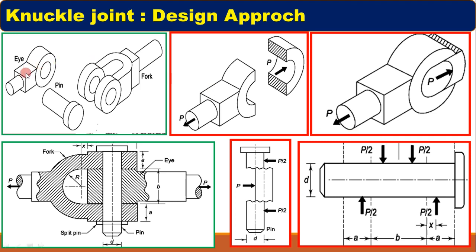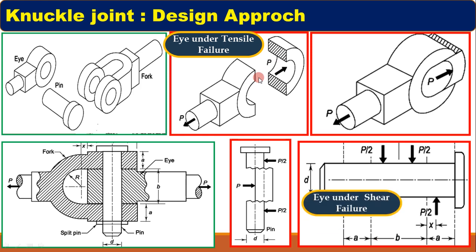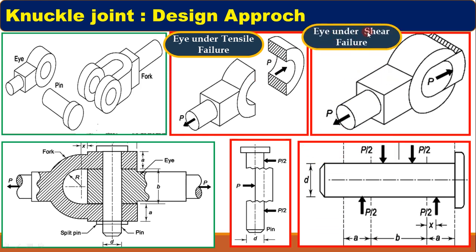So we have to consider the different types of failure modes of a single part. Like I explained, for the eye, two different modes are considered. Similarly, for the pin, we have to consider two or three different modes of failure. Now let us talk about the technical names of these failures. First is the eye under tensile failure. This type of failure is called tensile failure, and it is because of the tensile stress. Similarly, this type of failure of the eye is because of shear stress, and thus we call it a shear failure.